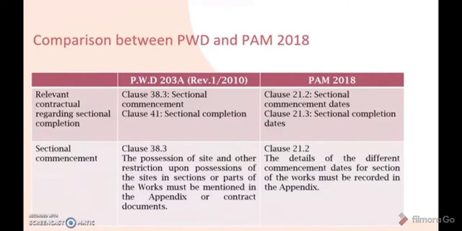So the next slide is the comparison between PWD and PAM 2018. The relevant contractual provisions regarding sectional completion in PWD are mentioned in clause 38.3 and clause 41. Meanwhile, in PAM 2018, the related clauses are clause 21.2 and clause 21.3. So for the sectional commencement in PWD 203A Revision 1/2010, sectional commencement is explained in clause 38.3,